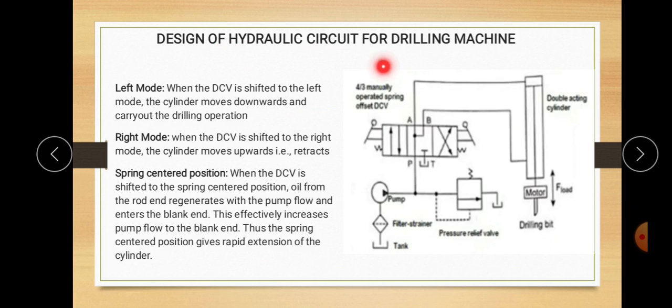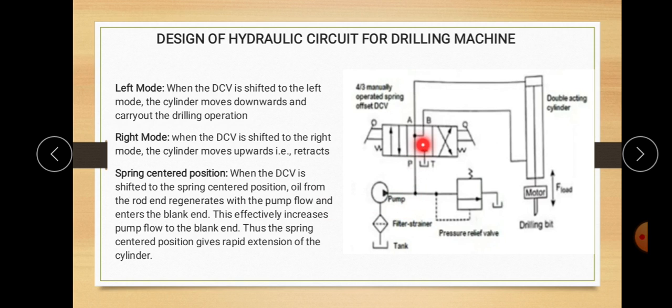First we are going to see a drilling machine constructed by using a hydraulic circuit. Before seeing the explanation, we can start with this diagram. Here the hydraulic tank is present. After the hydraulic tank, one filter is present. Above the filter a pump is present. The pump is moved by a prime mover, an electric motor.